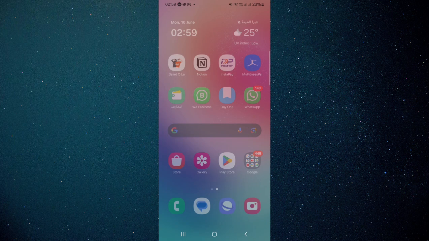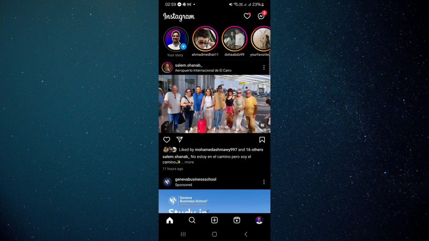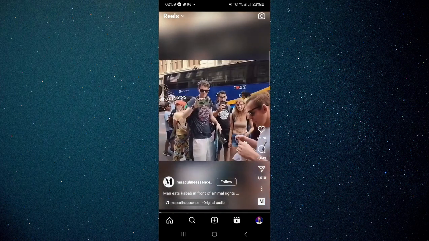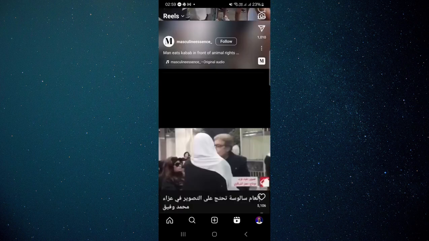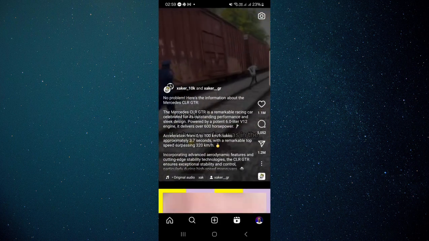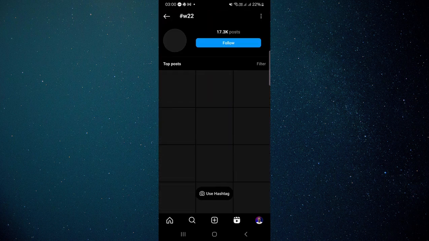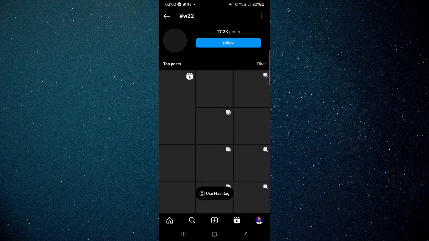The first thing we're going to do here is open the Instagram app. Once we're here, we're going to click on Reels. Here we have a lot of Reels, as you can see. For example, if we click on the description of the Reel, we'll have some hashtags. And if we click on the hashtag down here in the description, we're going to see the hashtag over here, as